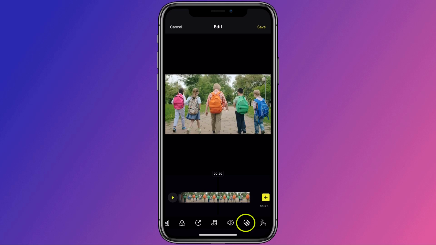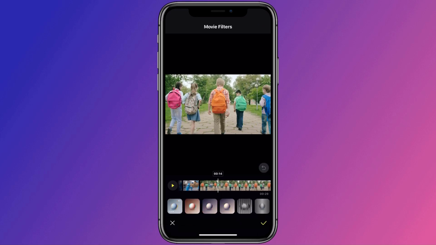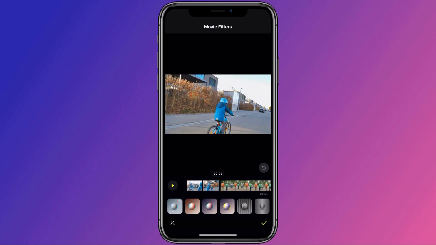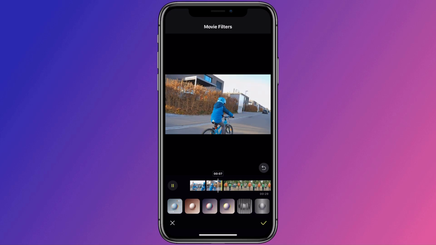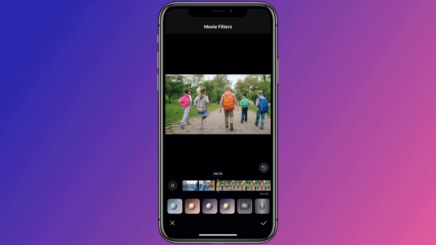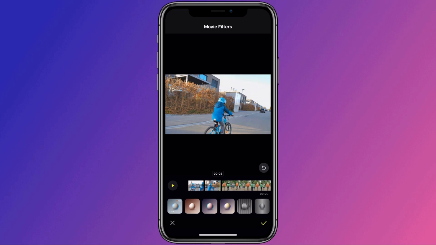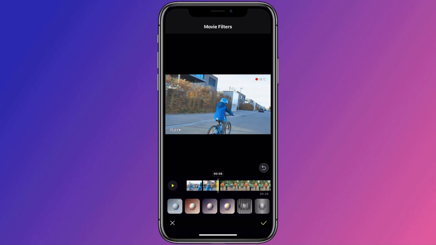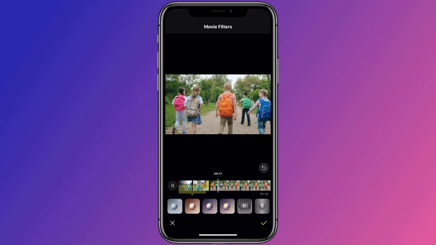Next to the audio levels would be effects. And these are pretty cool and I like the way they work. Let's say you find a place that you want to add an effect. All you have to do is hold that effect down for the duration that you want it to show. Hold it and it's going to print that onto the video. And you can see here in the screen, there is now a yellow area on the timeline. That's where the effect is taking place.